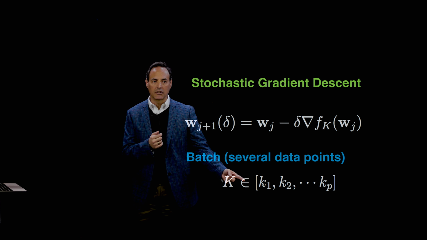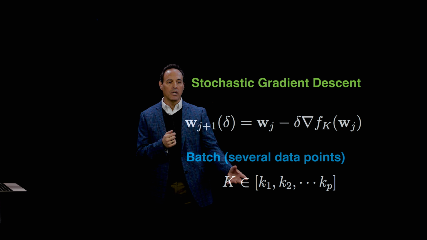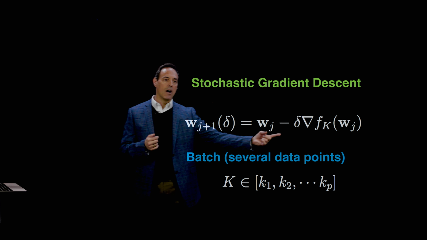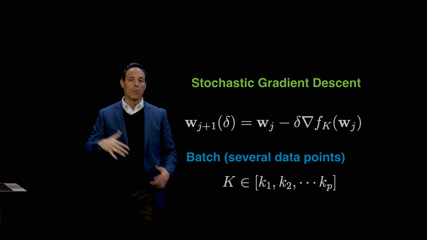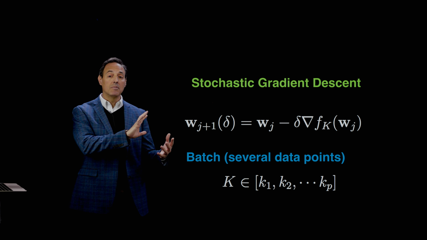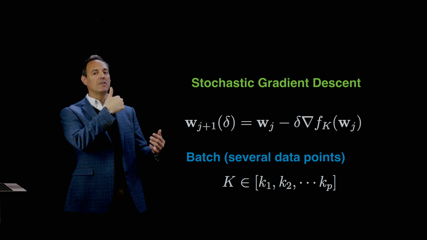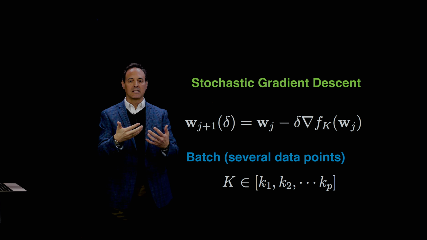and that is simply referring to how many data points you want to take. I can take a subselection randomly chosen of k1 through kp points. So the point is this k here represents a selection of data, p of them. And I can now compute this gradient using p points instead of one point or all the points. This helps frame things in a much better way, because instead of one data point carrying all the weight of what directions you take a next step,